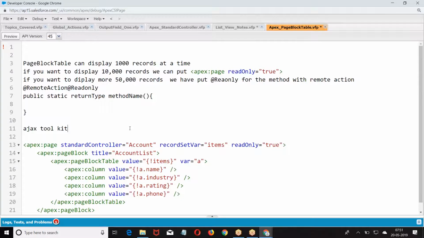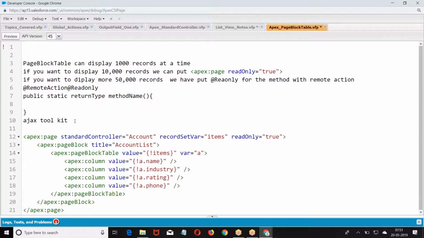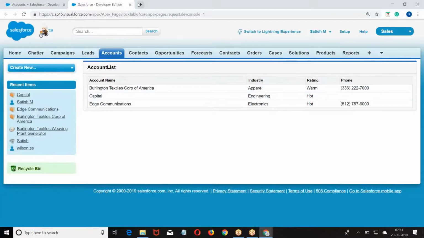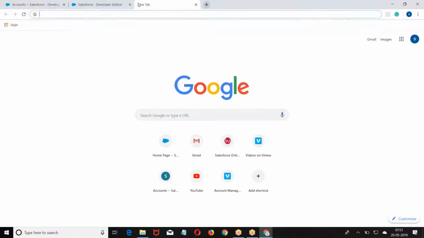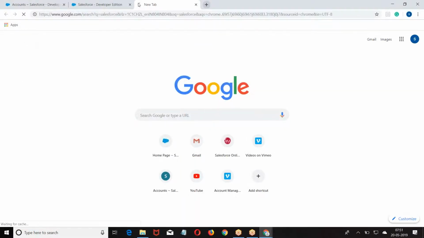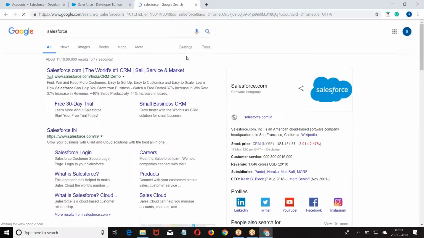This is a very frequently asked question, boss, because there is a limitation. But the best choice out of all this: don't display more than 50,000 in a single page. Okay. Now we generally go for the pagination concept. Now you search for data in Google. Now it is getting millions of records.